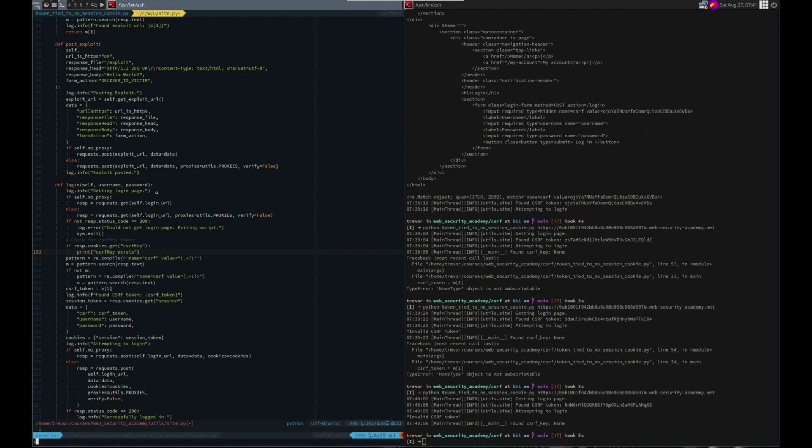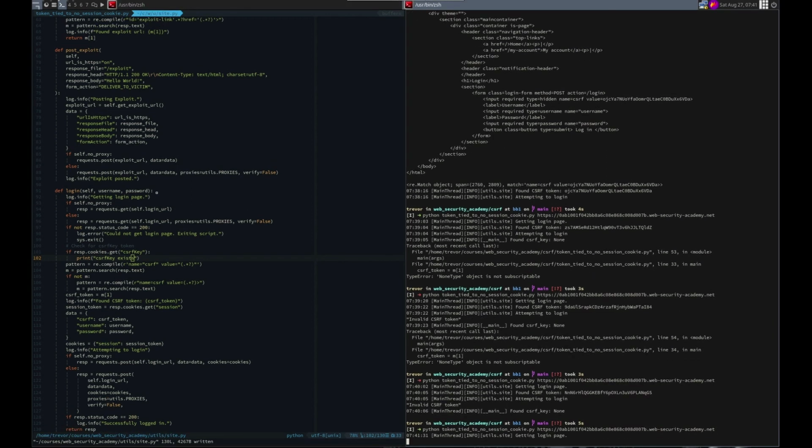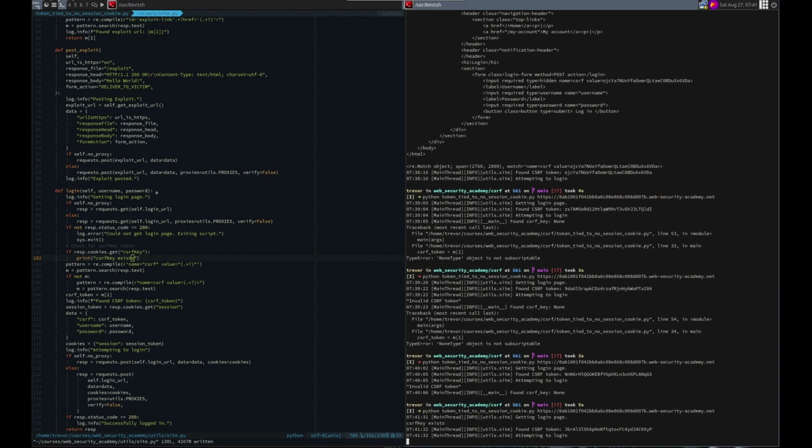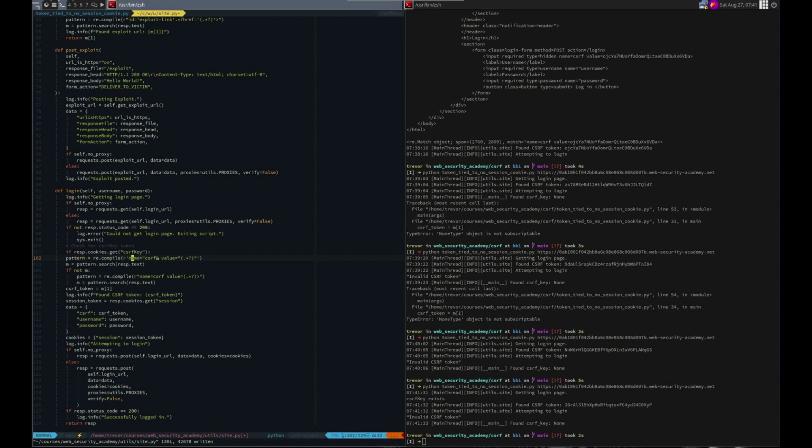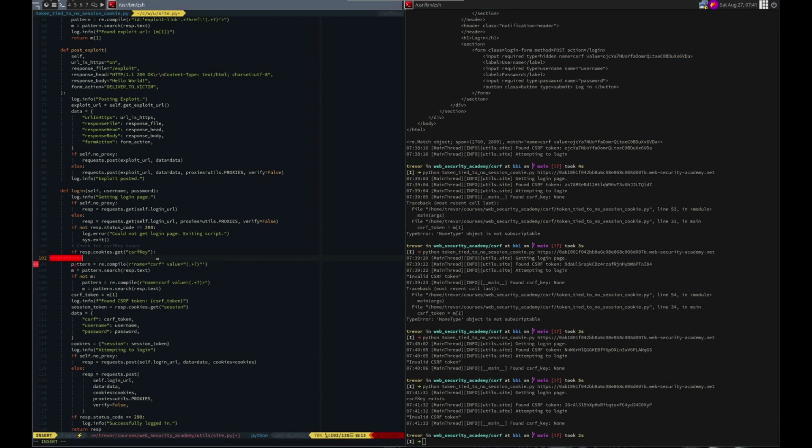Let's just try that to make sure my assumptions are correct. Yep, sure does. Okay, so if CSRF key, then CSRF key equals resp.cookies.get